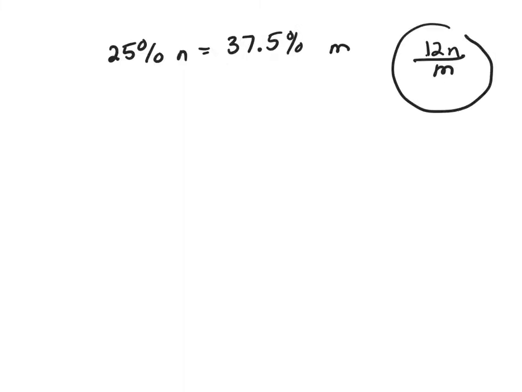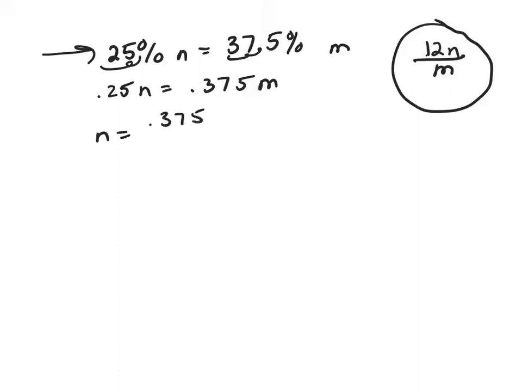This is what we're trying to find, and this is what's given. And I'm going to change these to decimals. That's 0.25 n equals 0.375 times m. You just move the decimal 2 places to the left for both of them. And I'm going to solve this equation for n, and that would be 0.375 over 0.25 times m. And then I'm going to multiply top and bottom by 1,000 to get rid of the